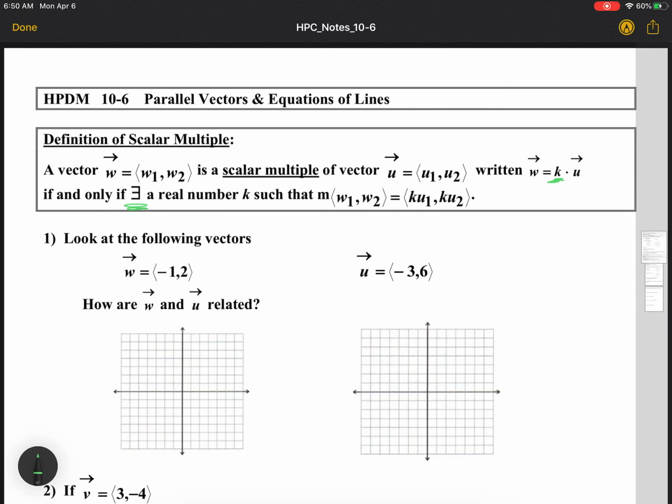So graphing W first is just going to be negative 1, 2. Okay? Negative 1, 2. So that's going to be over 1, up 2. All right, so we got that little vector going that way. Okay, and U is negative 3, 6. But if you look at these actual points, you can see that U is just W